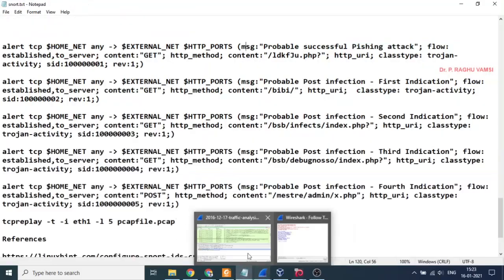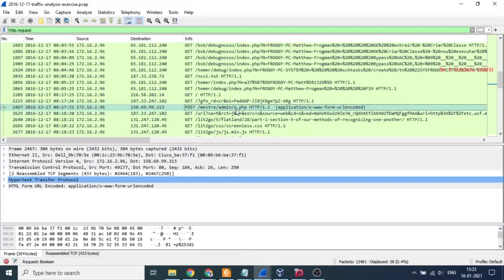That means with the analysis of Wireshark, we come to know that these are the infections identified, and what we are doing is making the rules for these infections. Here, rules in the sense of signatures. In future, if the same external server, which is a malicious server, tries to establish a connection with any of the internal network, with this signature the intrusion detection system will immediately identify it and intimate the security engineer, so that the security engineer will be alert and block these external malicious servers. That is the intention here.